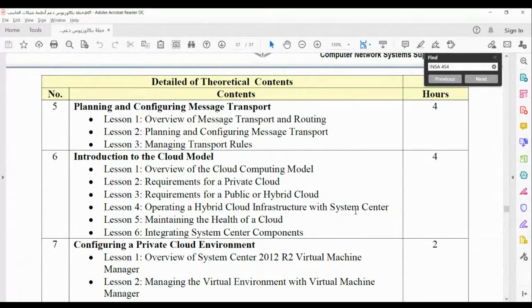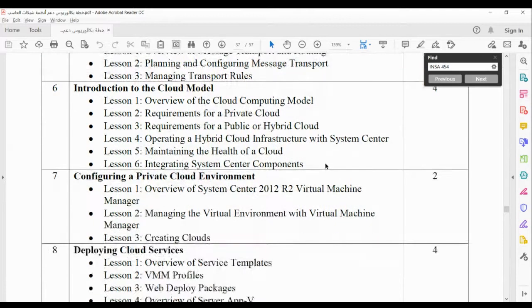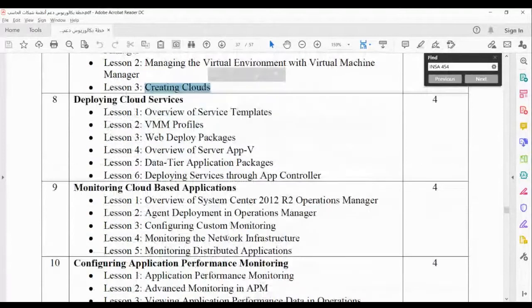Then we have in lesson 4 operating a hybrid cloud infrastructure with system center. And lesson 5 maintaining the health of cloud, integrating system center component. In lesson 7 configuring private cloud environment, we see overview of system center 2012 relates to virtual machine manager and managing the virtual environment with the virtual machine manager. And lesson 3, creating clouds. In lesson or module 8, deploying cloud services, we see the overview of services templates, VMM profiles, web deploy package, overview of server App-V, data tier application package, deploying service through application controller, and